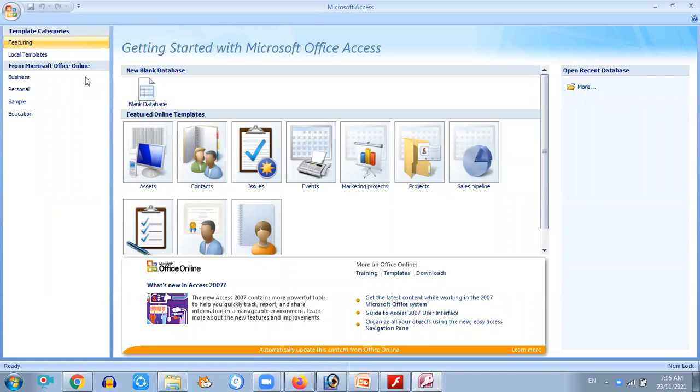Now the second practical we are going to learn is how to create the database. Database is a whole structure. In a database we are creating four objects: table, forms, queries, report. To create table, form, queries, report, first we need to create a database. So the steps to create a database are